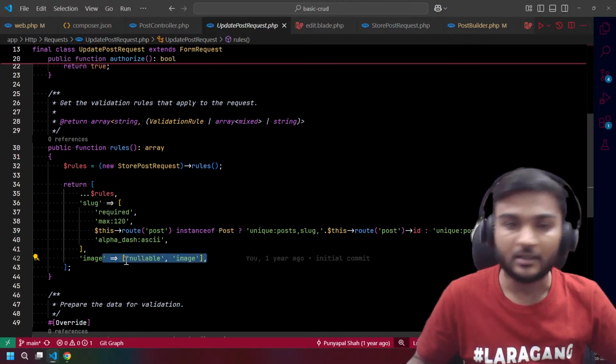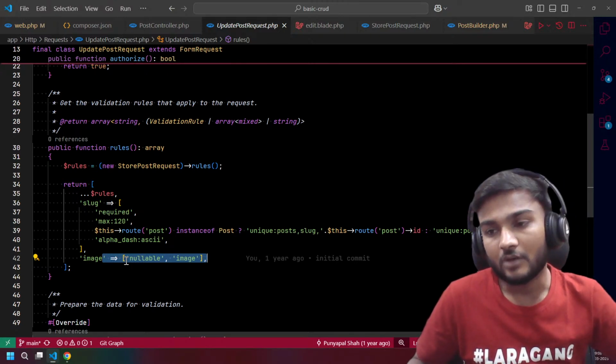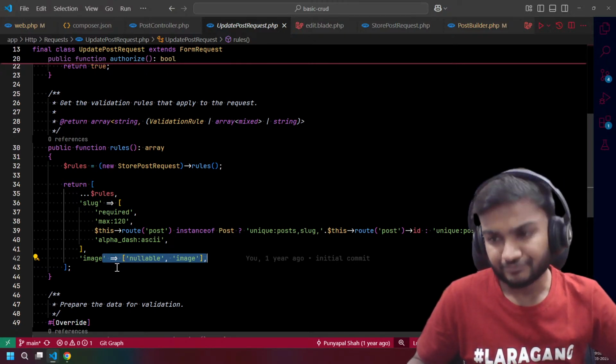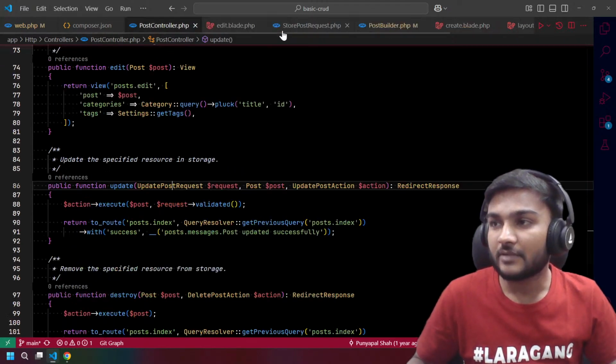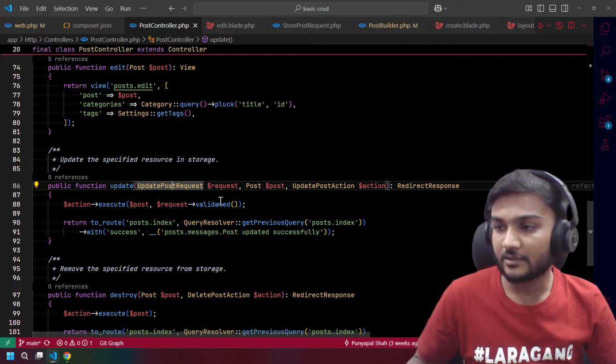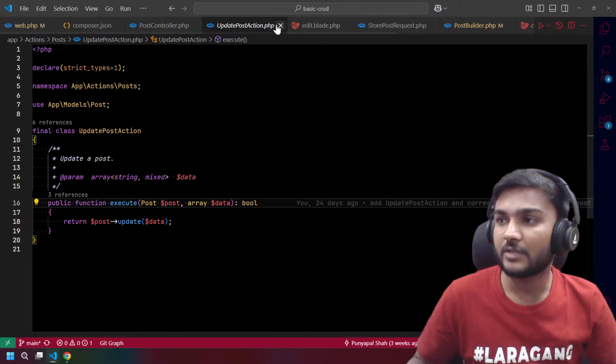Then, when we are updating, it's not compulsory to also update the image, right? Okay. So this is what the request actually looks like. It is simple enough, right? So let's